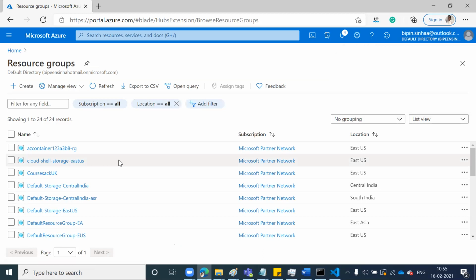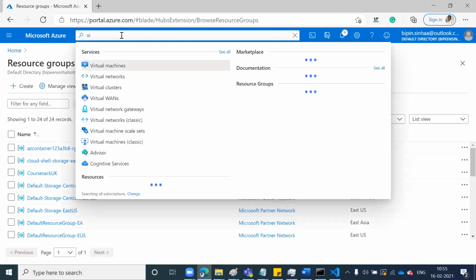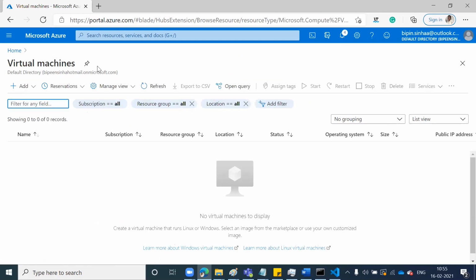Yeah. Let's create our first service. We are going to create a virtual machine. So in Azure, in the search box, just type virtual machine. Look how easy it is, right? You just have to type the English name, right? It's a virtual machine. Click that one. Very good. Same screen, right? Just click add. So for all the services you get the same screen. Just click virtual machine.